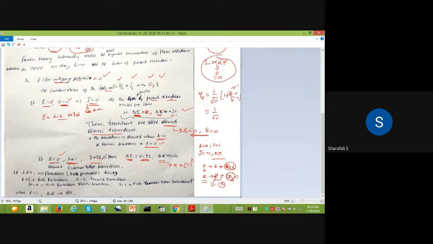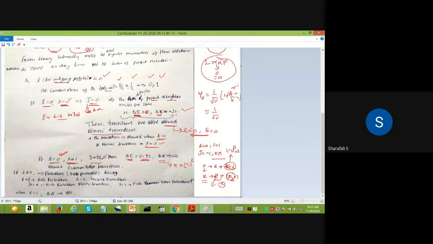So initially, what parity you are having will be the same as that of the output, because of the parity of the outgoing particle, that is electron and neutrino. In this case, you can see that L value equal to 0, and we are calculating everything for the outgoing particle. So if L equals 0 for the outgoing particle, we will have (-1) to the power 0, which will give you 1, which means that there is no parity change associated with the outgoing particle, which means that there is no parity change in your daughter nuclei.